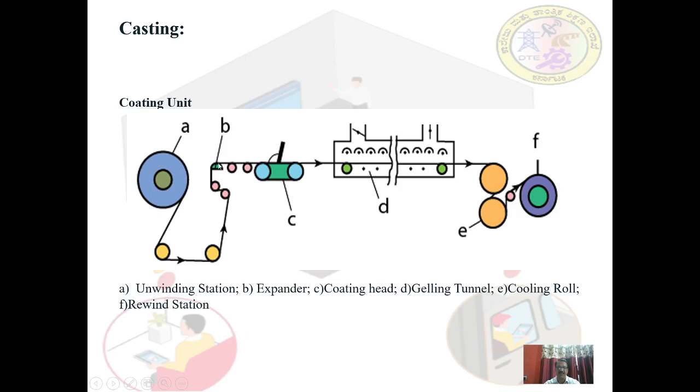B, expander. C, coating bed. D, gelling tunnel. And E is cooling rolls and rewind station. These are the parts of the coating unit. It is working like this. In this process of coating,